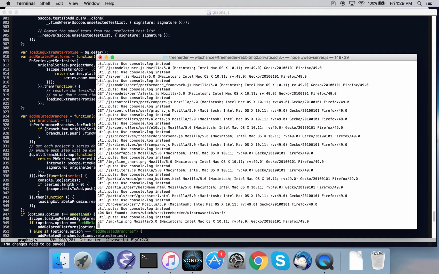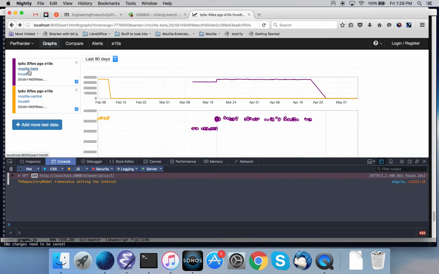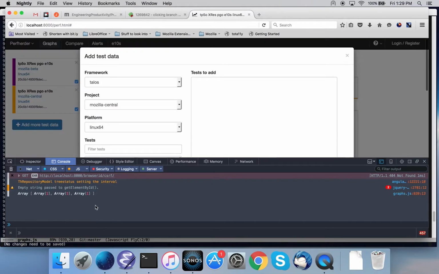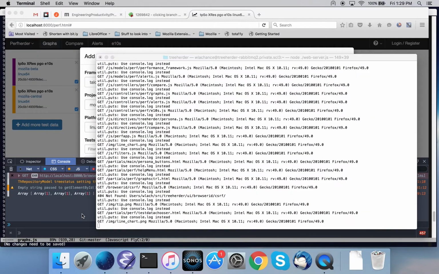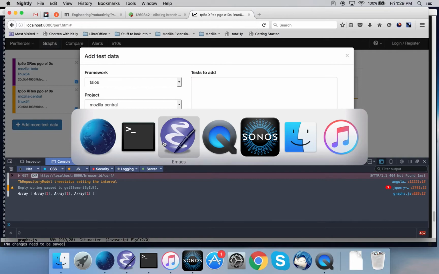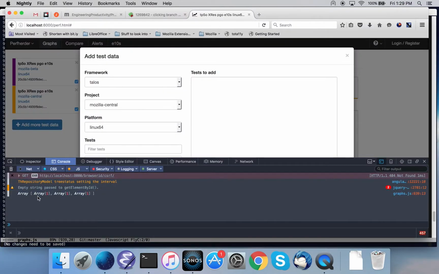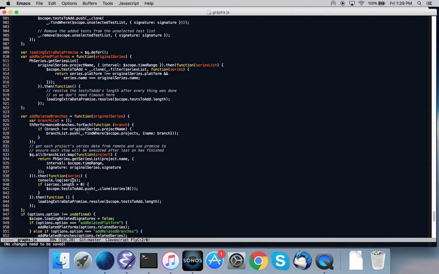Did I save it? Yes, I saved it. Okay, so Mozilla Beta. Oh, okay, so we got a list of arrays, right? So as I thought, that's a list of the results of the different promises, and yet we're treating them as